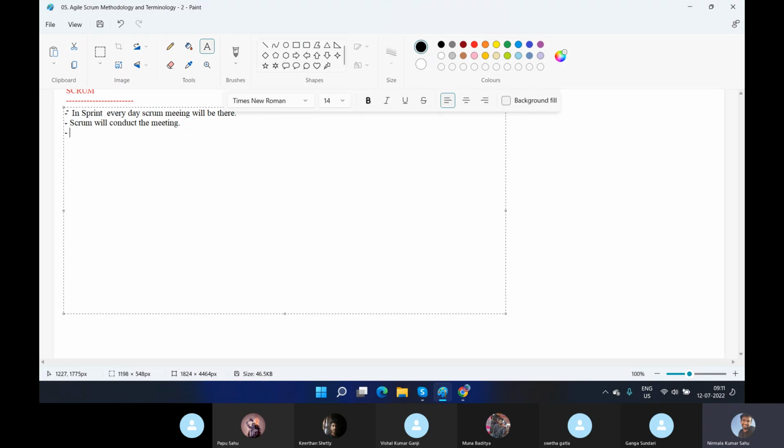Around 15 to 20 minutes, okay, Scrum meeting. Not much time. If you discuss anything else, like the coding part, on some other call, that is not treated as a Scrum call, okay. Scrum meeting duration will be 15 to 30 minutes. If it goes more than 30, that is not treated as Scrum. Okay. So in the Scrum meeting,